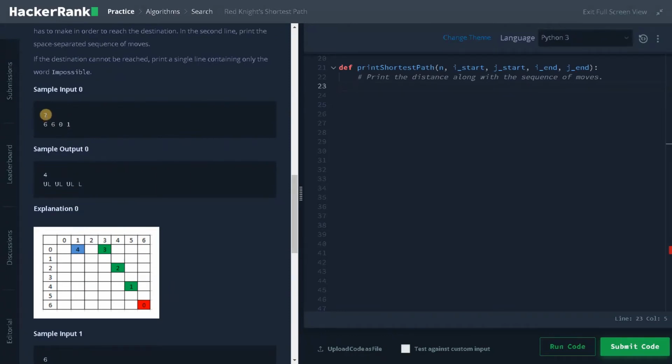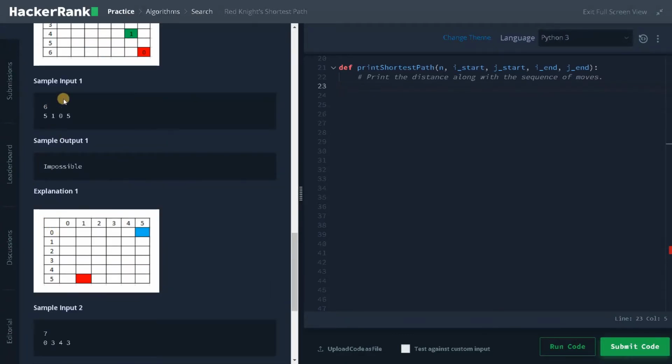So here we have the sample input, that is a 7 cross 7 chessboard. This is the starting location and this is the destination location, and the minimum number of moves is 4, and the path is UL, UL, L. So from here we are going to traverse here, and going to the left we have reached the destination. Like this we have to print the path, and in sample input 1 we are not able to reach the destination, so we have to print impossible.